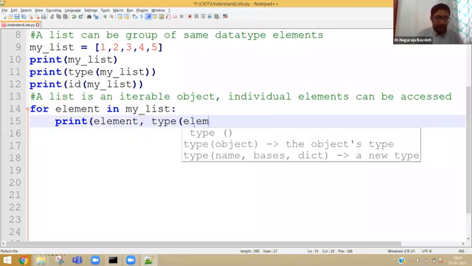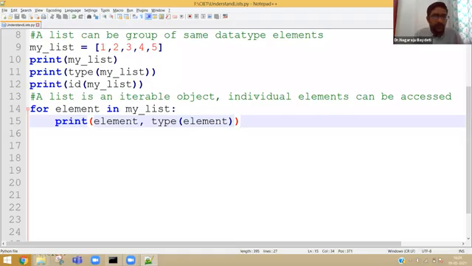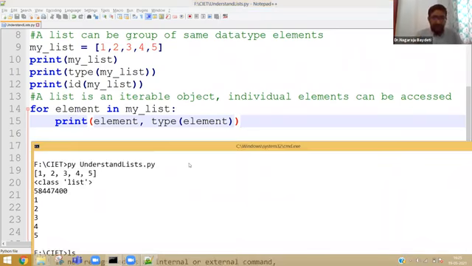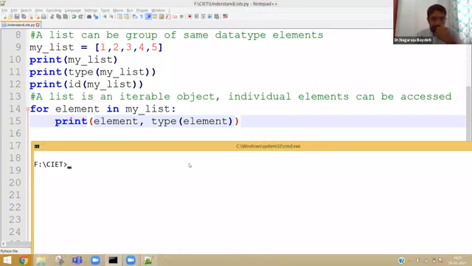So I think this will do. 1, 2, 3, 4, 5 are stored in my list, and the type of my list is class list. Now in line number 14, I am trying to iterate through the list object, and then in line number 15, I am printing the element with the type of element. Now let us try to understand the output of the program.